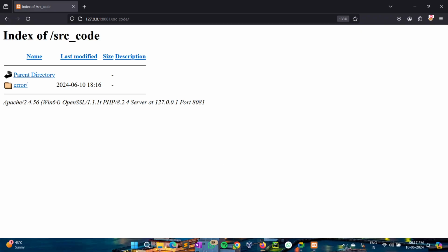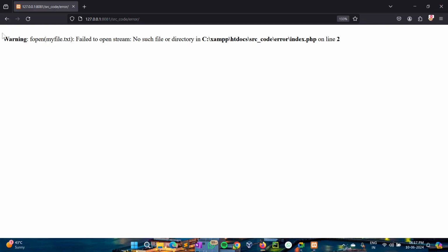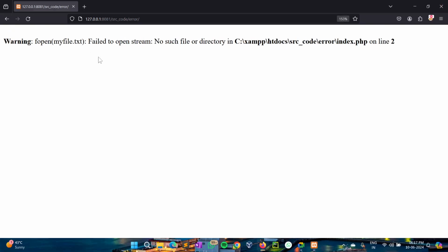Okay, so it's RC code, and as you will see, this is our error directory. When we click onto that, you will see a warning: fopen, failed to open stream, no such file or directory in this particular directory. So now from here you will understand how harmful this code is, and it is very helpful